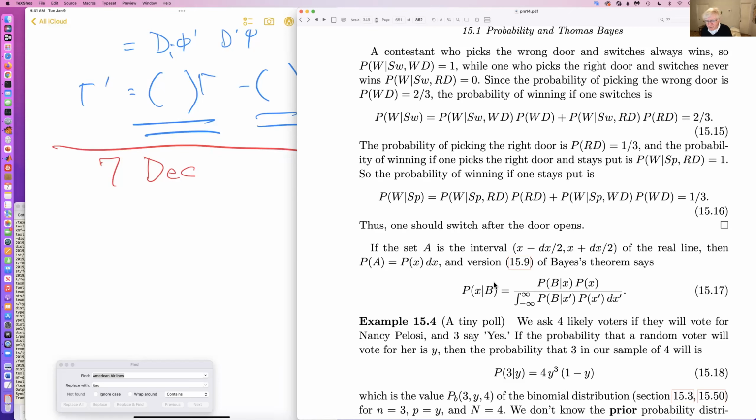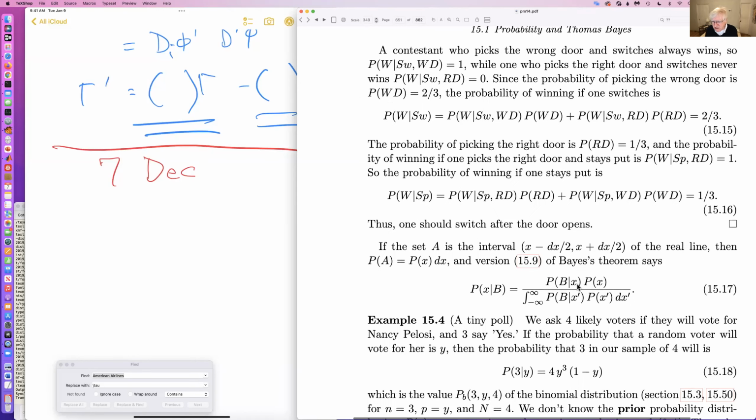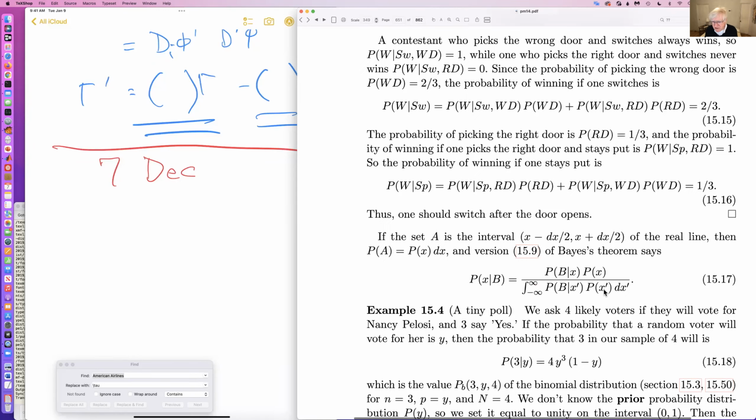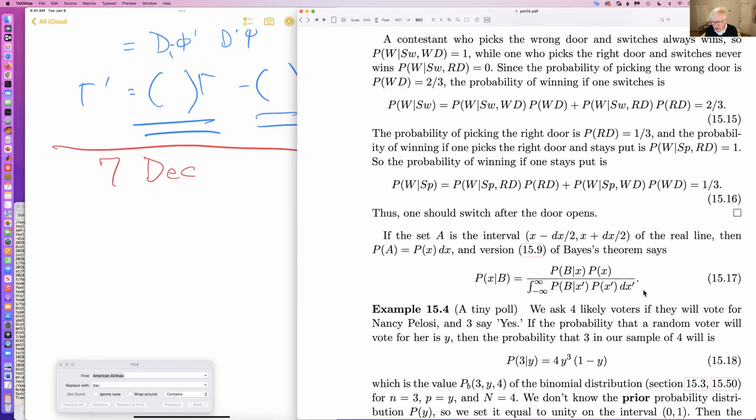So now Bayes' theorem looks like this: the probability of x given B is the probability of B given x times the probability of x, and then we have to divide by P of B. And P of B is the integral over all x prime of the probability of B given x prime